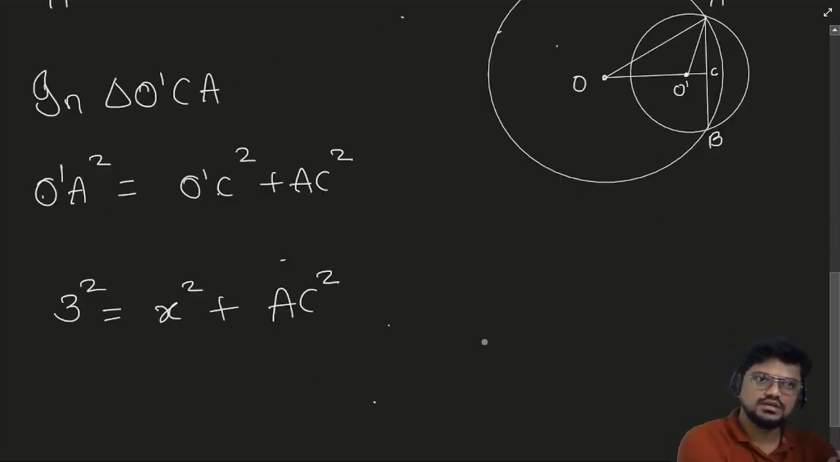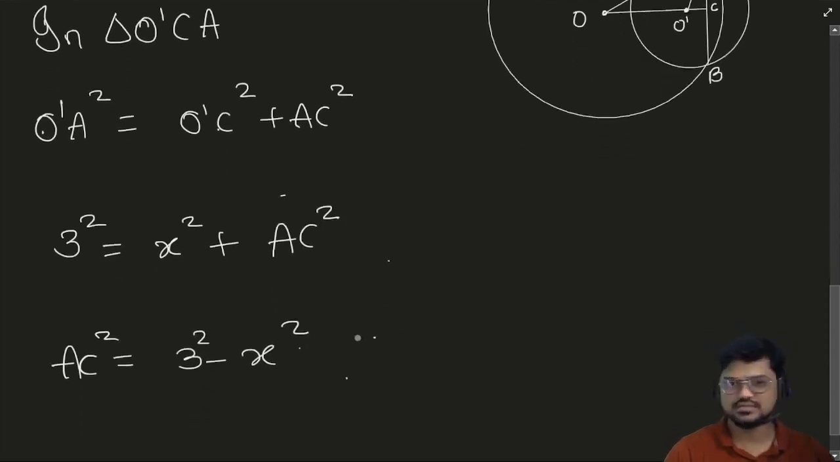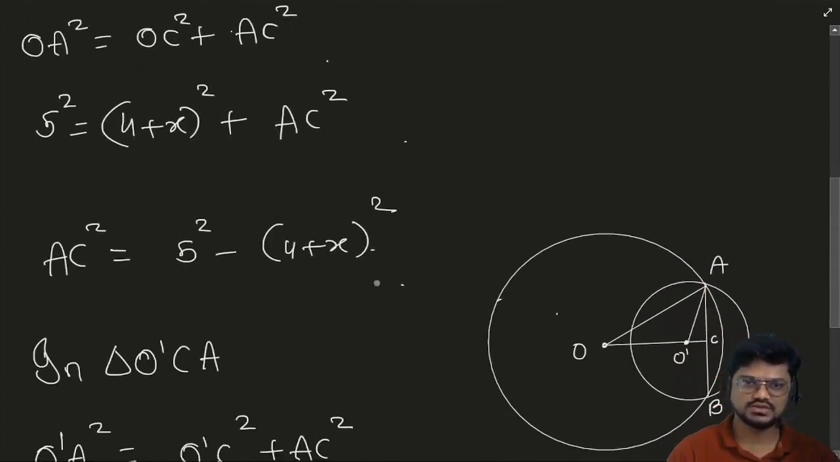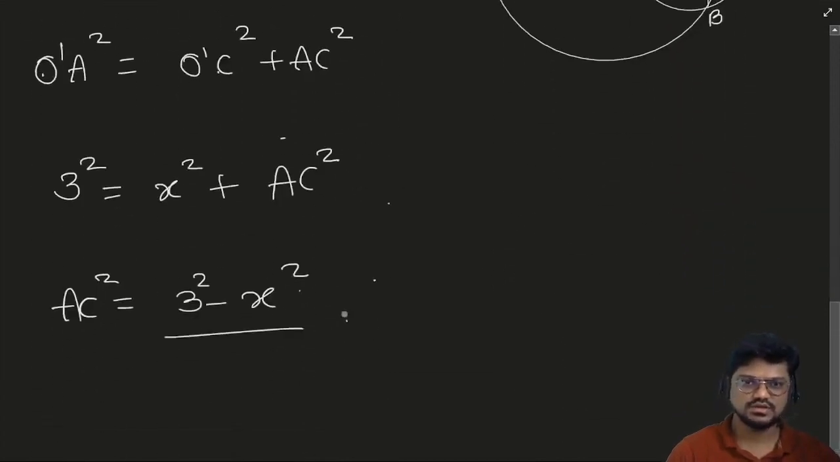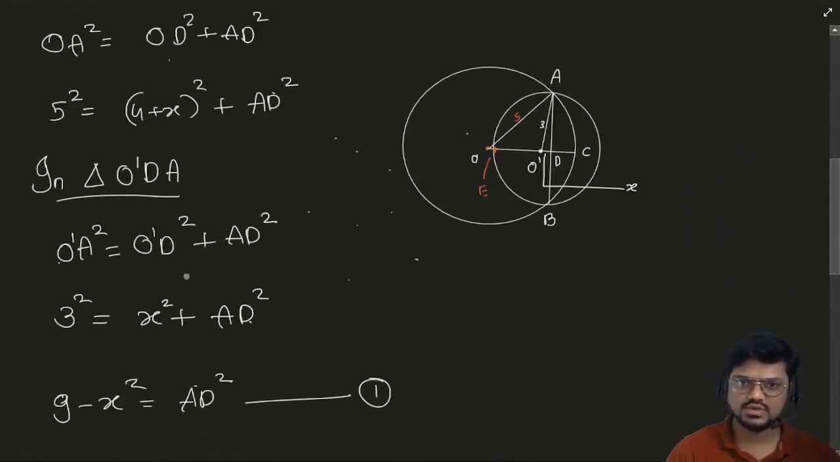So AC square will be equal to 3 square minus X square. So over here AC square is this and AC square is this. What I got in the last sum, AC square was